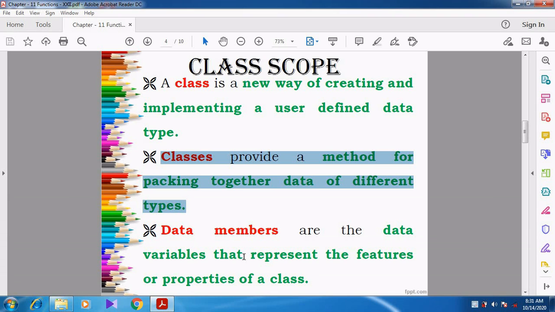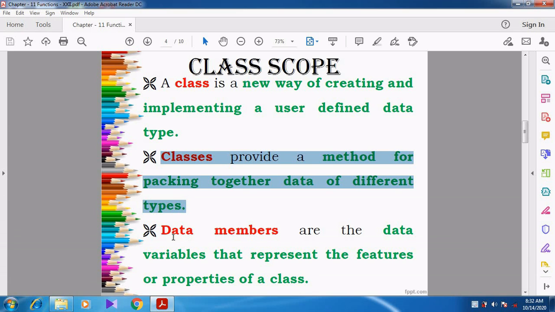Simply understand, in a school, when you take a particular class, all the students are not coming from the same location or a particular area. They are coming from different places. For example, our school is located in Kumbakonam, and from all the places nearby Kumbakonam, the students are coming to our school. Like that, the class contains data of different types.